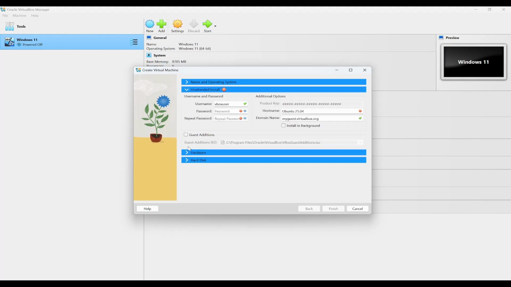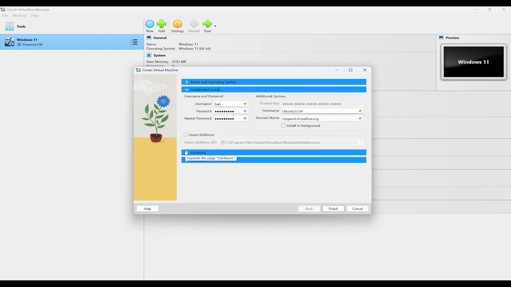And we can go to the next step where it is asking to create a username and password. So you need to provide the username and password. It has taken the host name like this, but it is not allowed. Space is not allowed, that's why it was showing an error, and the remaining things you can see like this.